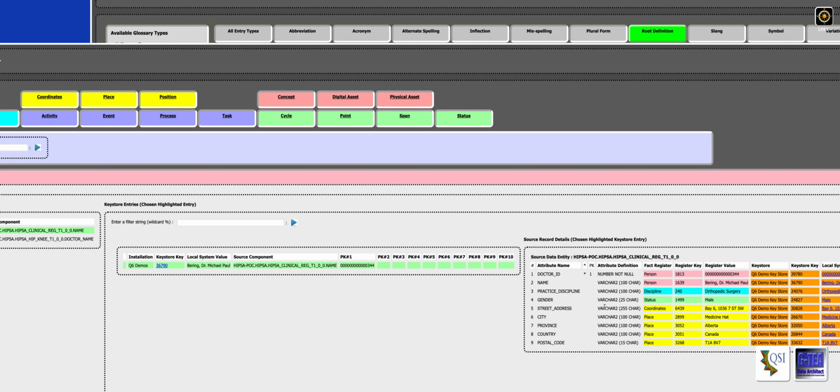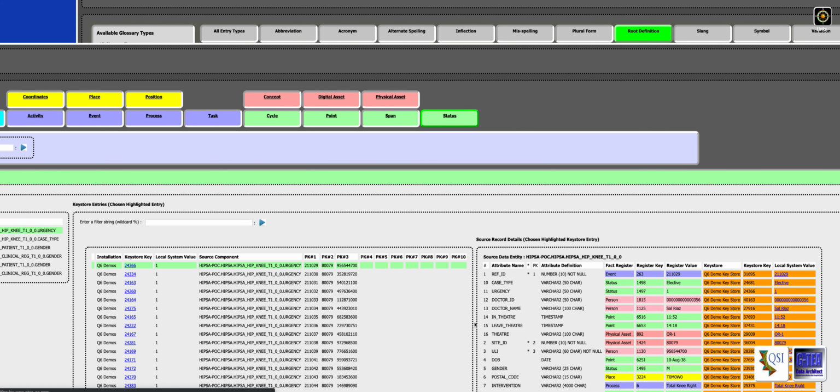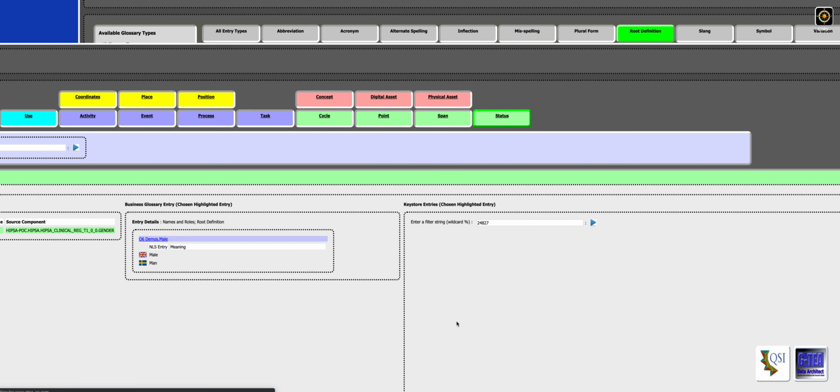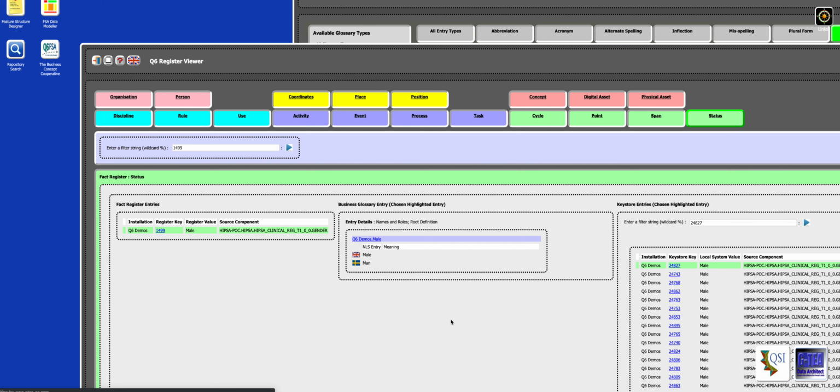We can record it locally as M, but translate it and link it to male. So I'm just going to click on that one. We're now traversing, and you can see here that we now found the male register value within the status register, and it's now popped up that effectively, okay, we now have